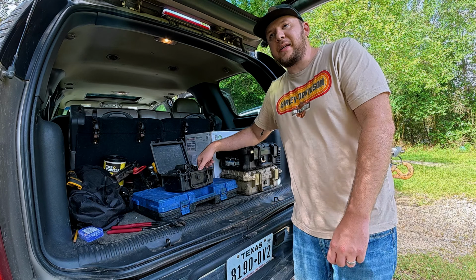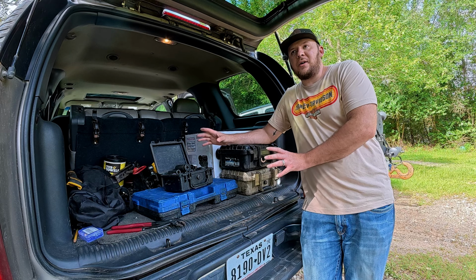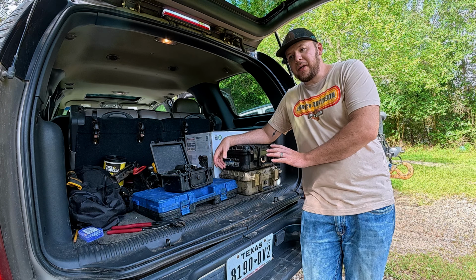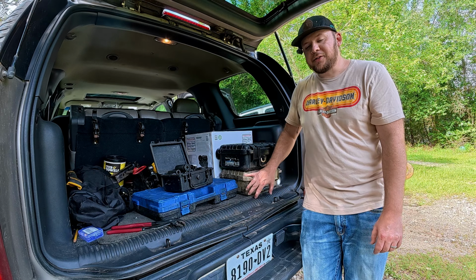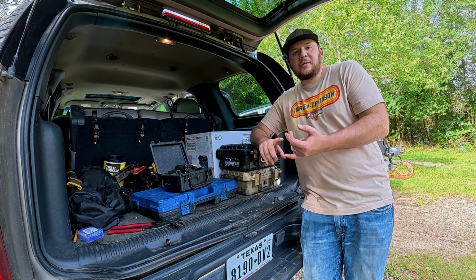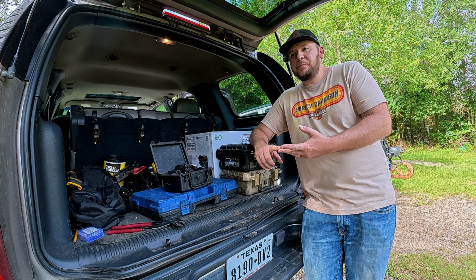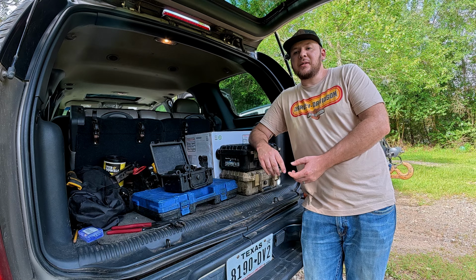And one of the main things, if you were going to simplify this all the way down to just basic stuff, and I had to eliminate a few things, the things that I would bring would be this set and my 1/2-inch impact. Because if you can change a tire, change a tie rod, and change a wheel hub on the side of the road, those are most of the things that I've had to deal with on the side